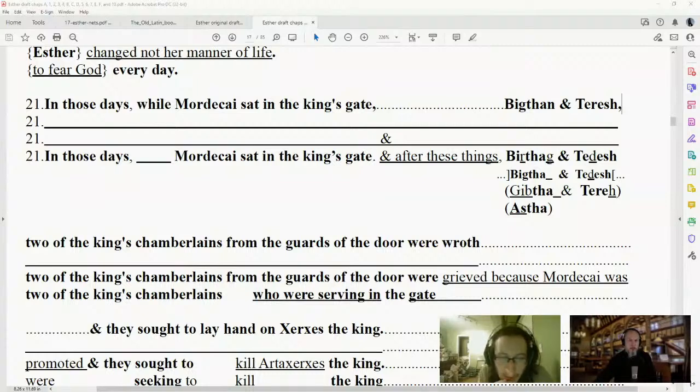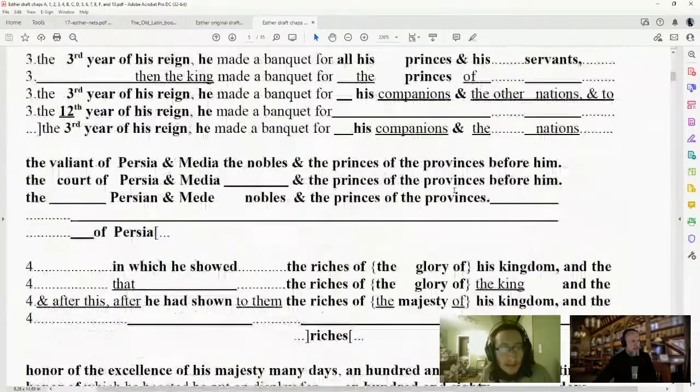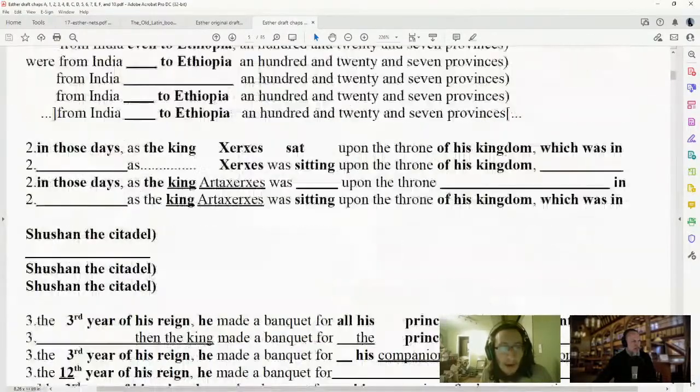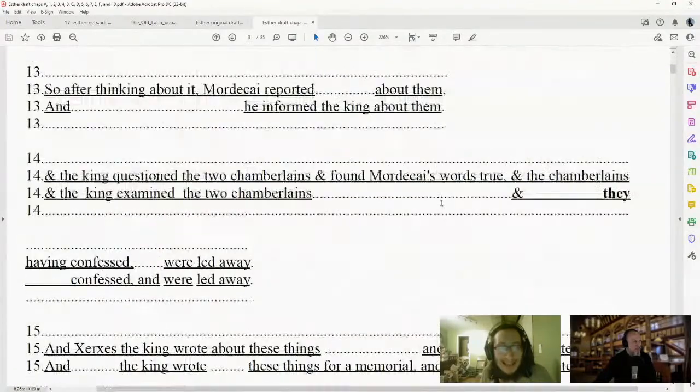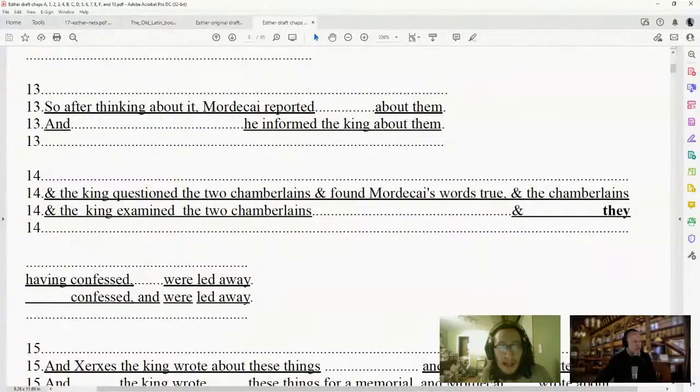So let me see, where was the example that I just saw? Okay, verse 13 of 1a. The alpha text says, after thinking about it, Mordecai reported about them. The Septuagint says, he informed the king about them. So you have a he versus Mordecai. It's not 100%, but most of the time when that happens, you can go with the pronoun